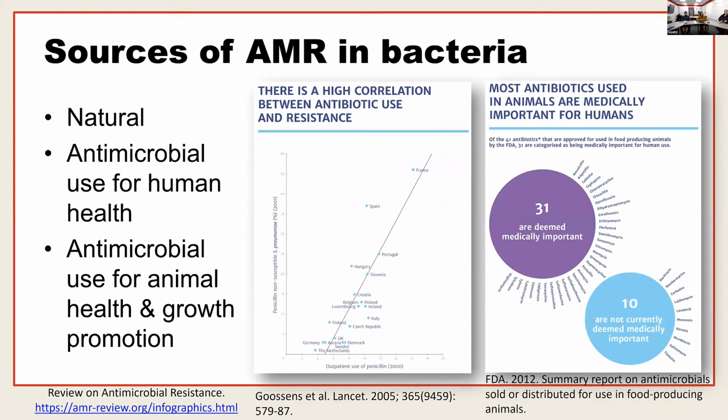Okay, so let's think about where antimicrobial resistance in bacteria comes from. First, I want to remind you that antimicrobial resistance is a natural phenomenon, so it doesn't always relate to human activities. It has been existing in nature for quite a long while, because some bacteria can produce antibiotics. That's their way to survive and to fight against other bacteria. That triggers and provides a low-degree selection environment for antimicrobial resistance, which has nothing to do with human